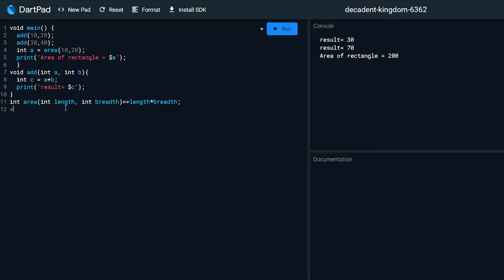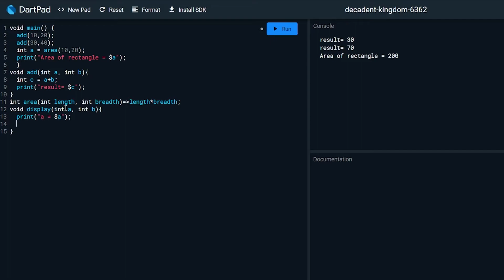For example, we create a new function void display. We pass in two parameters int a and int b. Then start our curly brace. Then suppose we just print them. Print a equal to $a.